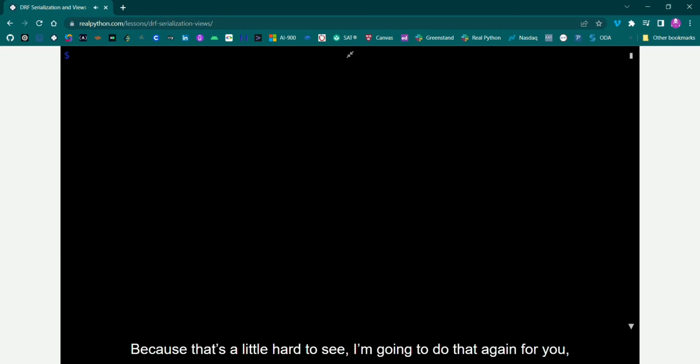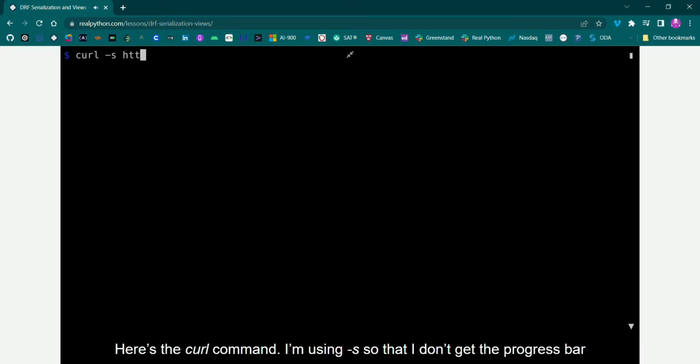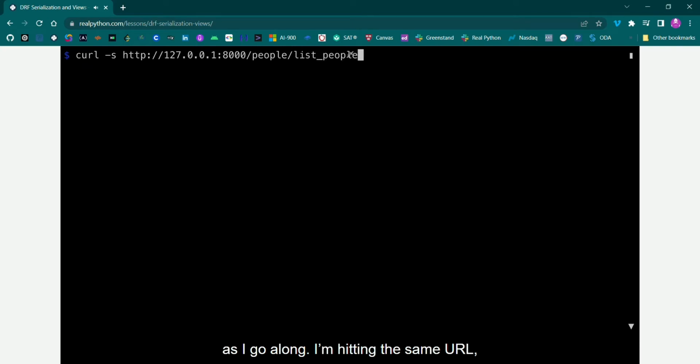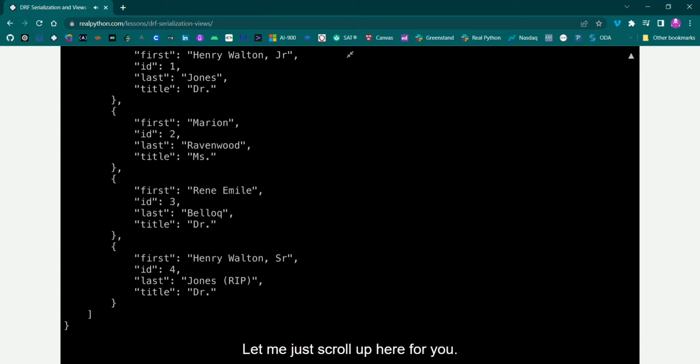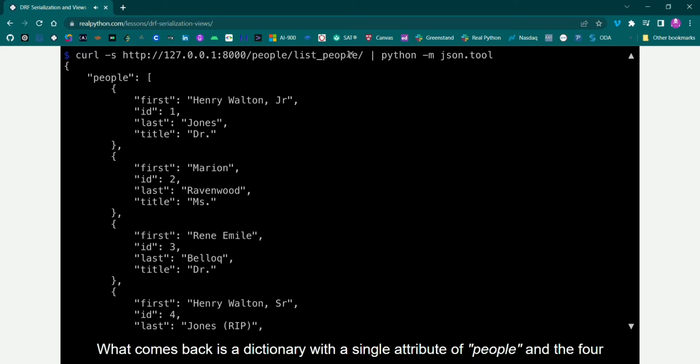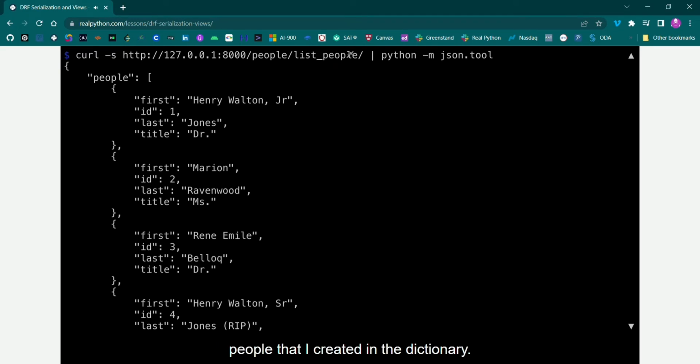Because that's a little hard to see, I'm going to do that again for you, but this time in a full window. Here's the curl command. I'm using -s so that I don't get the progress bar as I go along. I'm hitting the same URL, port 8000 on localhost, people list people, and then as I did in the previous lesson, I'm going to pipe this through Python using the JSON tools module to pretty print the result. Let me just scroll up here for you. What comes back is a dictionary with a single attribute of people and the 4 people that I created in